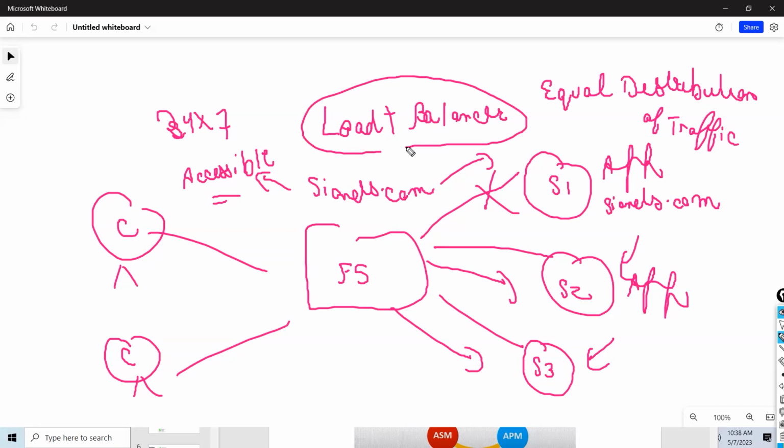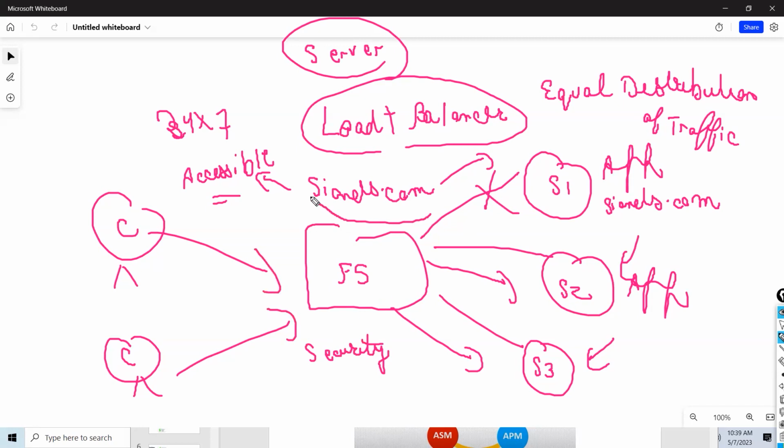What is the third advantage of load balancer, guys? This can also be called server load balancer. Third advantage is security. Does a client ever come to know from which server your application is accessible? No, guys. So you will not be able to get knowledge about the server.